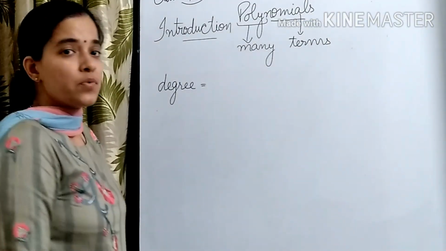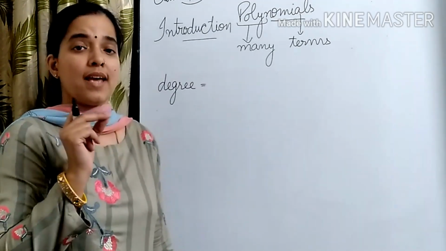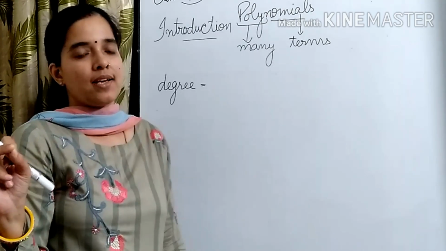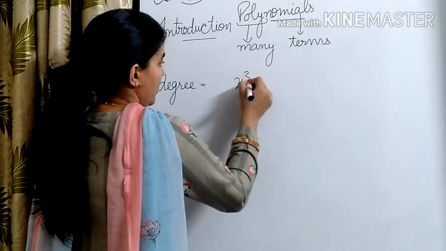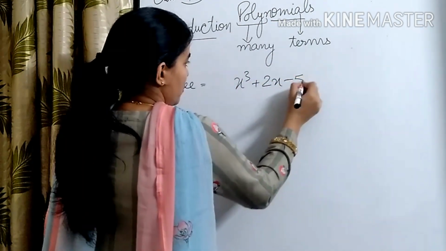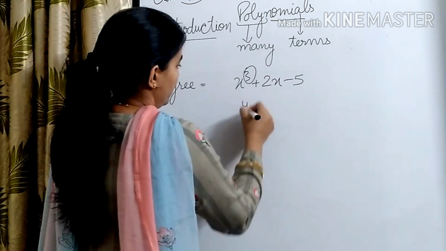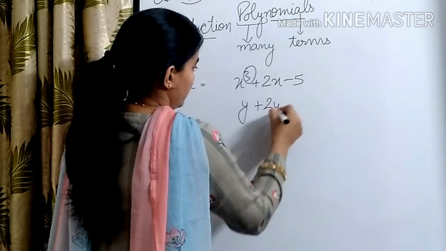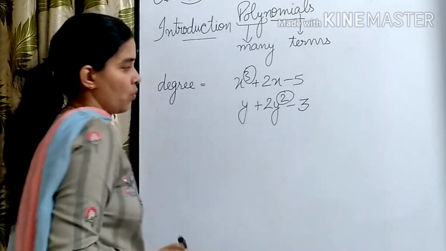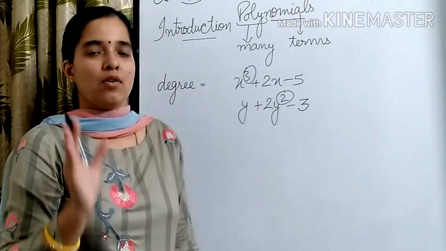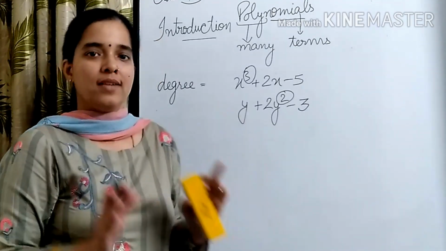Okay. Degree is what? Degree is the highest power. Highest exponent in an algebraic expression or a polynomial of a particular variable. Like, so the degree of this expression is 3. This is the highest one. In this case, it is 2. So it is the highest power of a variable in the algebraic expression, that is known as degree.